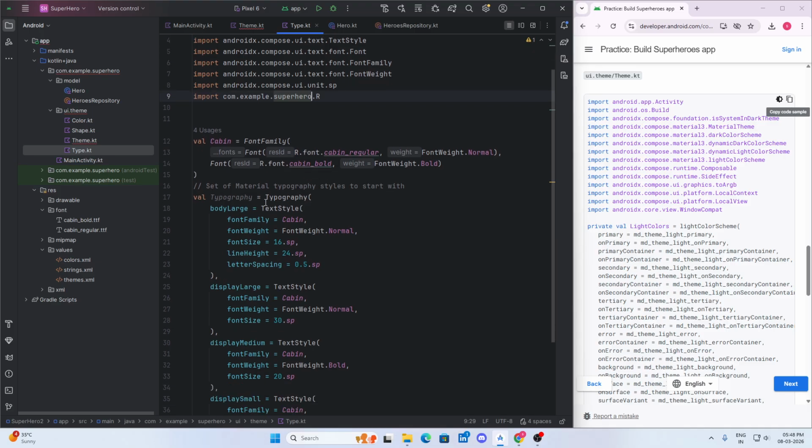Typography is equals to typography function. It is correct only, right? While typography is equals to typography. So